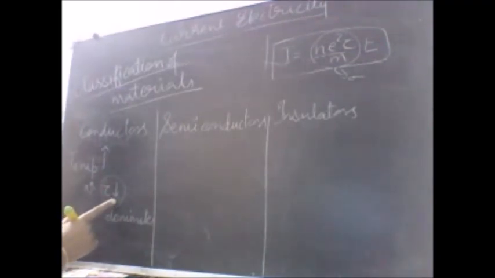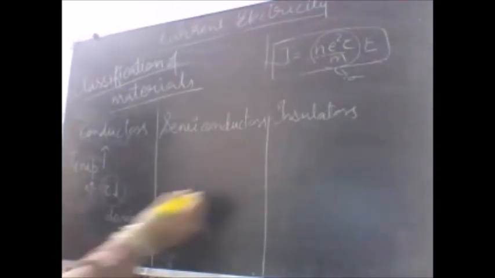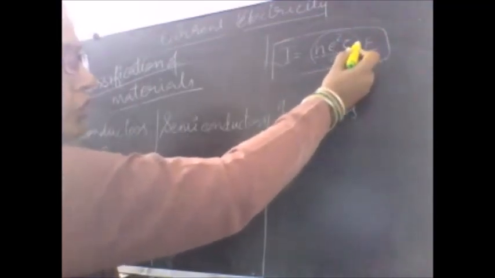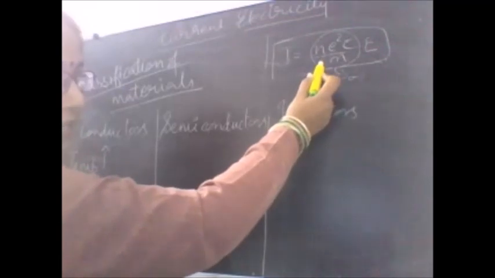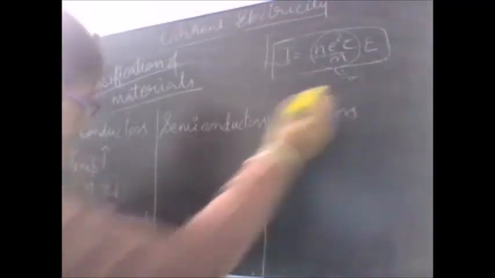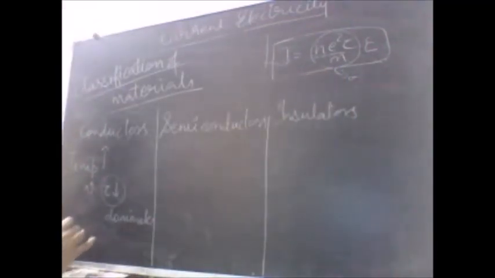If this fall is dominating, look at this formula, isn't it that this term will fall, this term will decrease? That means the conductivity will decrease. It implies that conductivity reduces, and since conductivity is the reciprocal of resistivity, resistivity should rise with the increase in the temperature. I explain it once more.